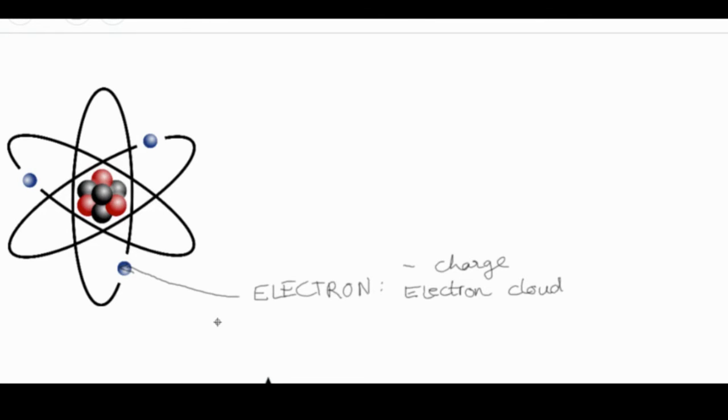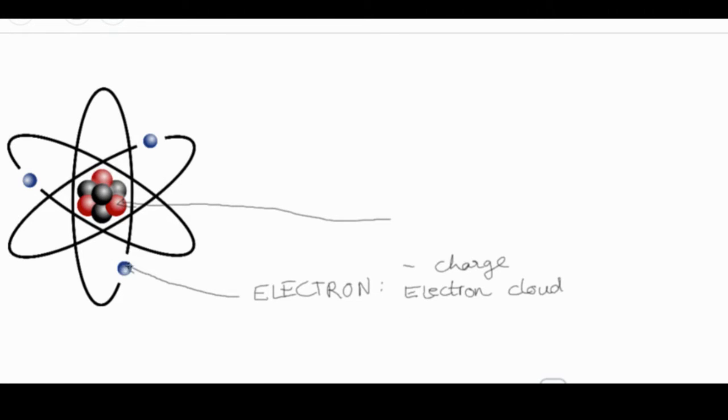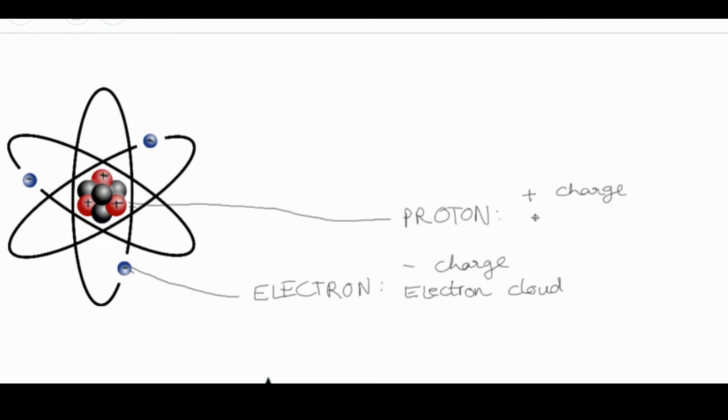So I'm going to take this one. Let's say that this red one is called a proton. And actually I'm going to erase the part of the arrow inside here, and I'm going to quickly draw the signs so that it's a bit easier. So over here, this is going to be a negative sign because it has a negative charge. These electrons all have negative charges, and the protons have positive charges. So I'll just draw that over here first. Positive charge, positive charge, positive charge. And these are the nucleus.